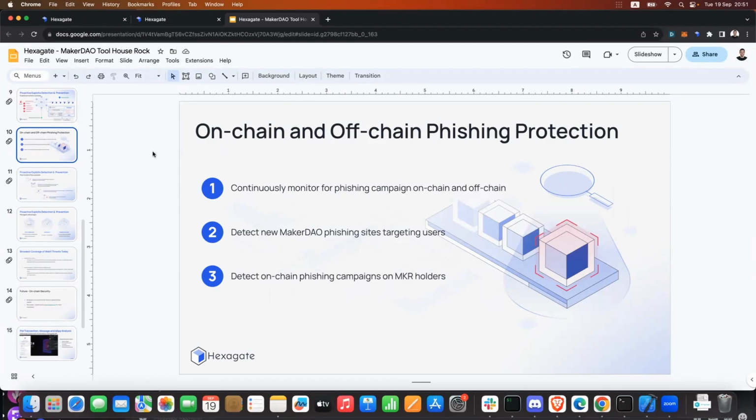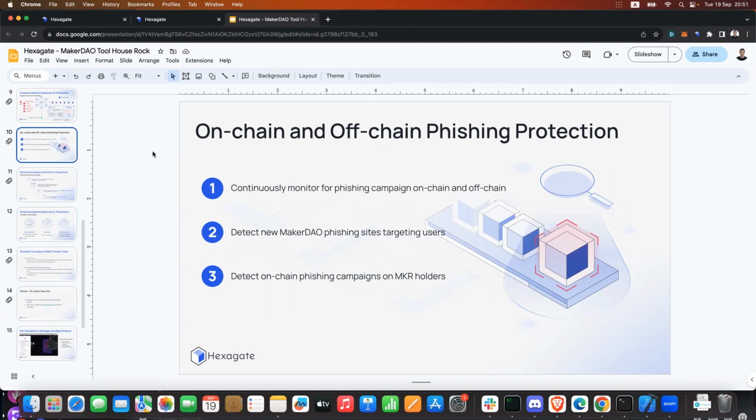So it's a great question. It really depends on the kind of product that you are using from Hexagate. For retail users, you can definitely download our Chrome extension to stay protected. We also work with wallets so that it works seamlessly out of the wallet. And you can also use our web app, if you're a protocol or a user, to get real-time alerts whenever they happen.